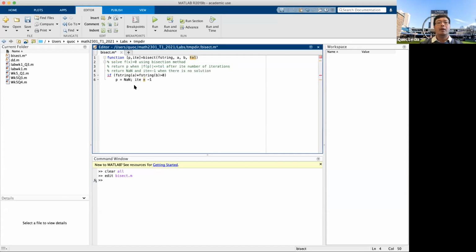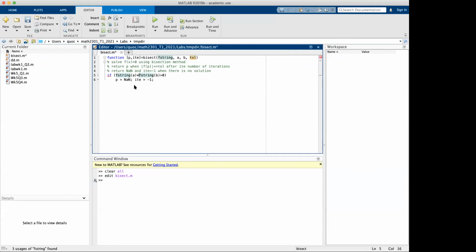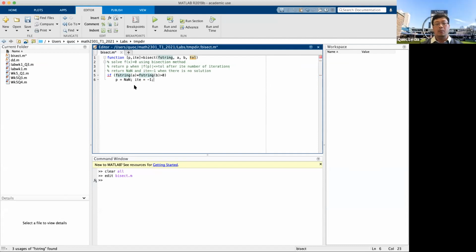Okay, so now if the opposite ends have the same signs, then f(a) times f(b) will be positive, right? And then we don't do anything. So else,